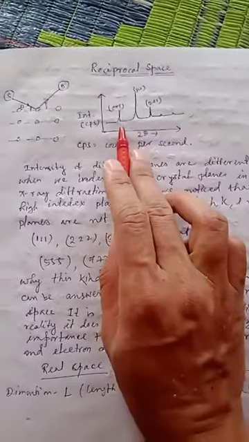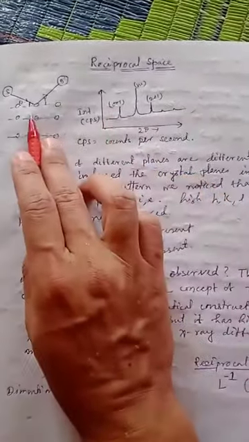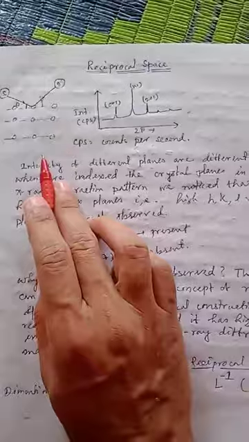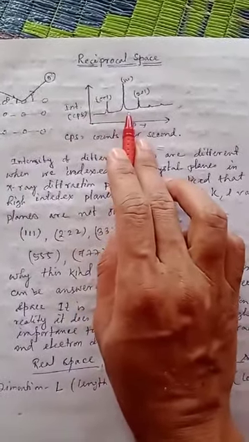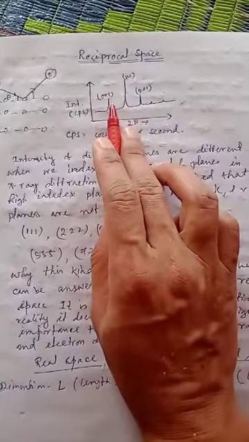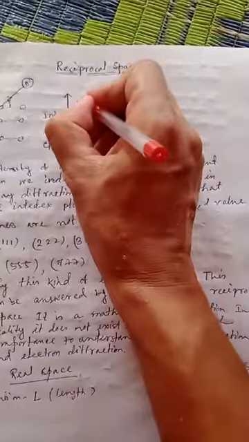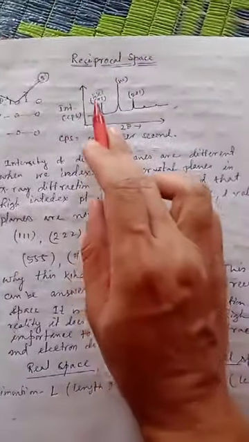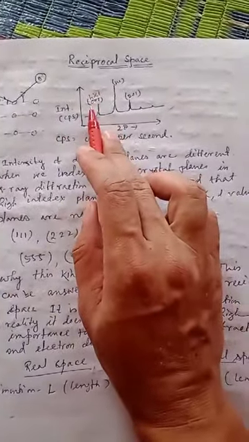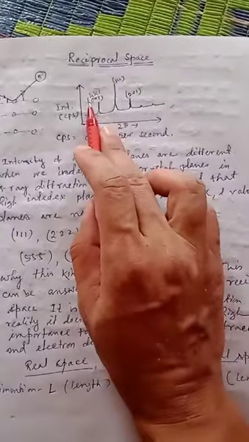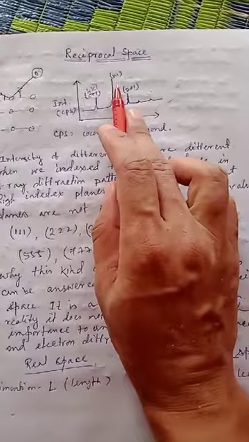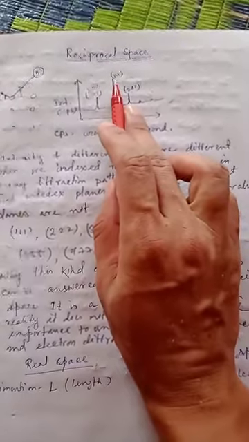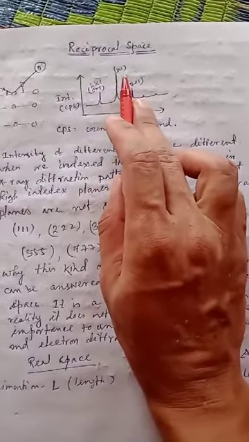Each peak corresponds to a crystal plane, so we index or number the planes using the HKL values. This peak corresponds to the 001 plane. This peak corresponds to the 111 plane, that means H is 1, K is 1 and L is 1